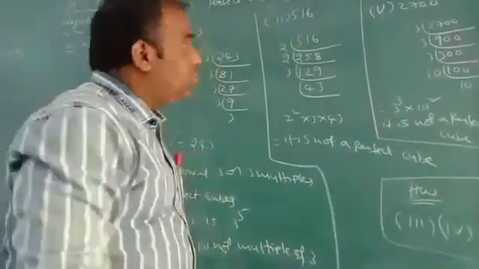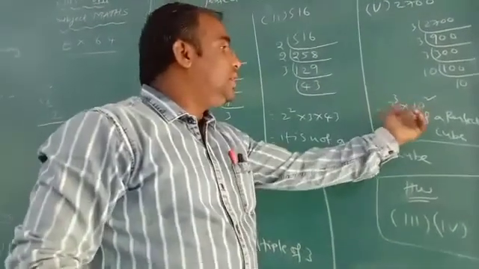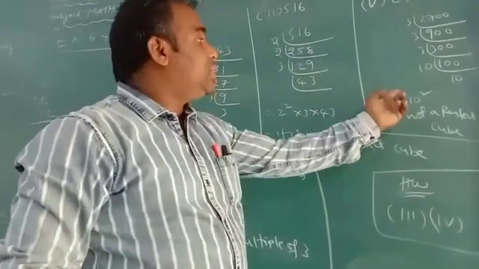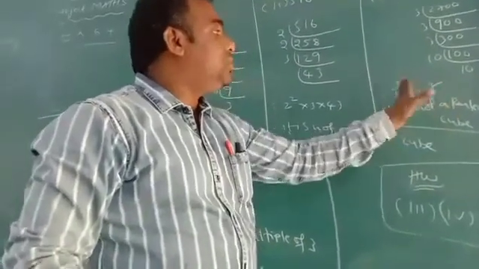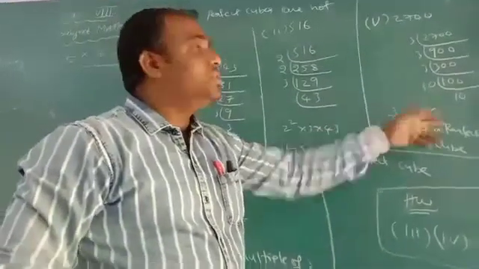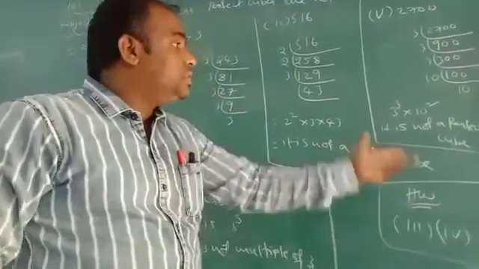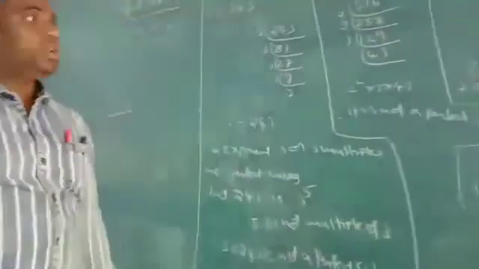See, it is the product of two numbers, 3 and 10. The exponent of 3 is 3, and the exponent of 10 is 2. But all the exponents should be multiples of 3 only. One is a multiple of 3, but the other is 2. It is not possible. Therefore, it is not a perfect cube. Homework is the 3rd and 4th.